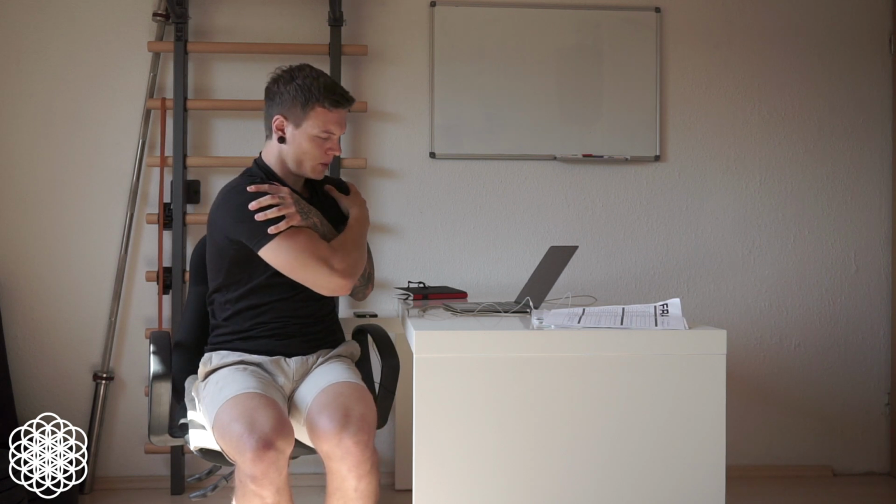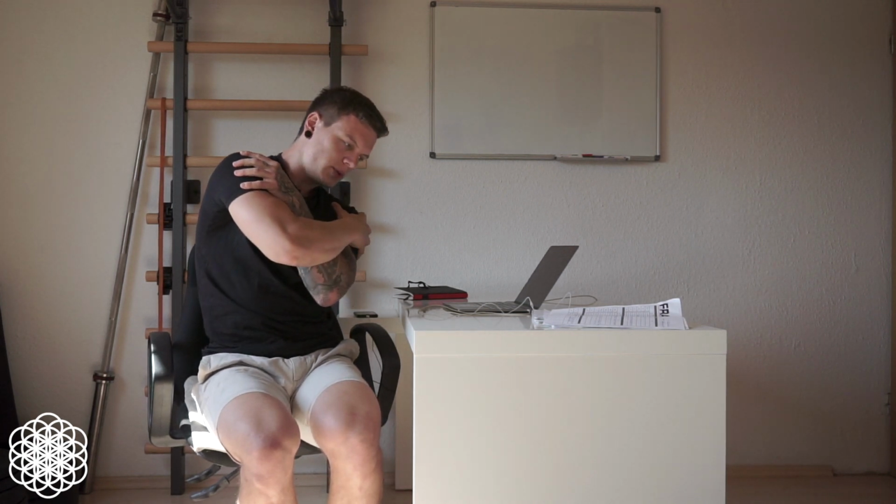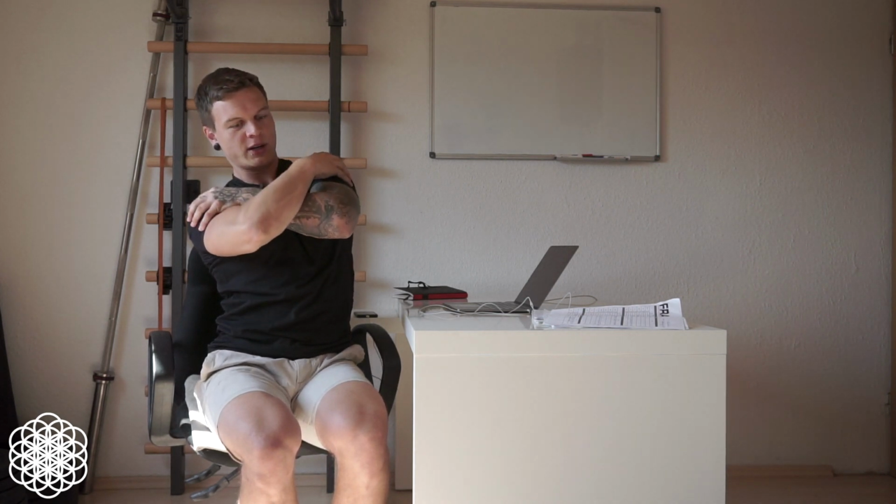So upright position again, then take a deep breath, flex, rotate, laterally bend, open up as much as you can, push your chest out, really feel that extension in your thoracic spine, then laterally bend, rotate, and come forward. Do that, as I said, if you can, 3 times clockwise, 3 times counterclockwise, but it's